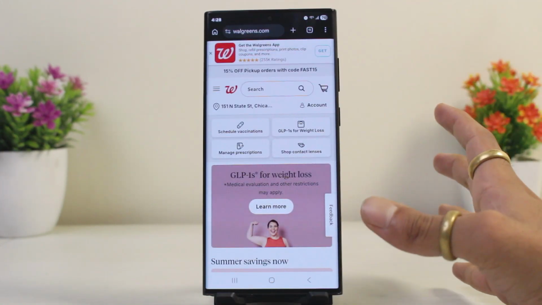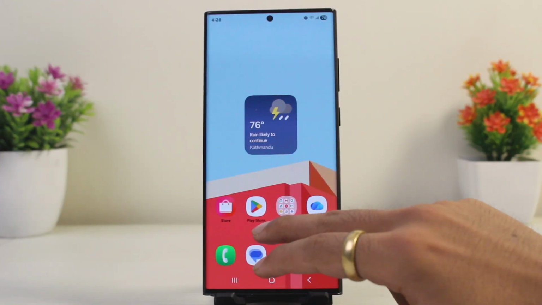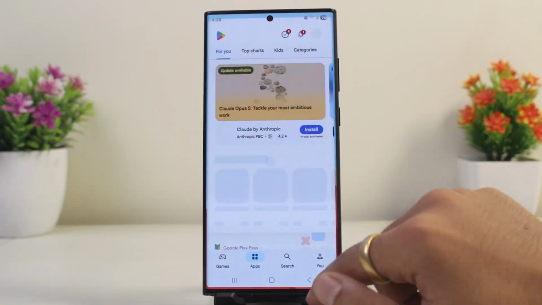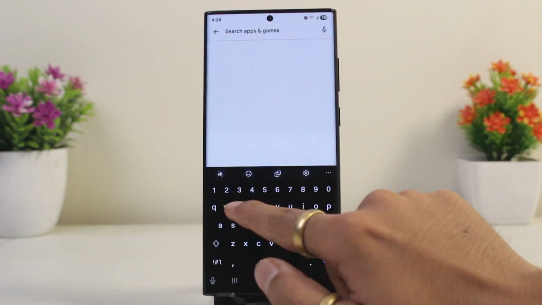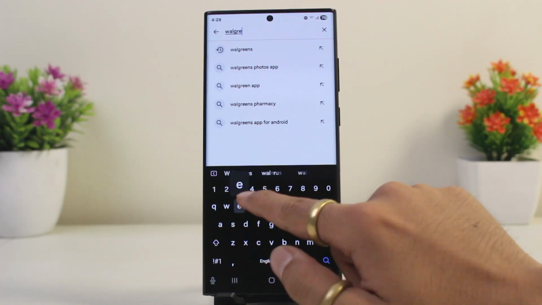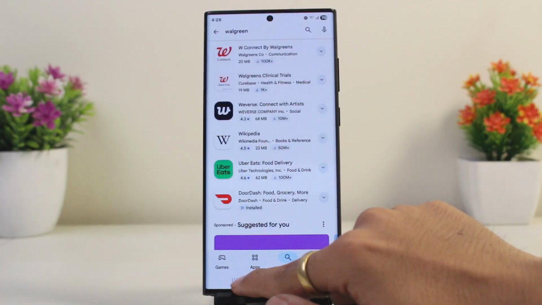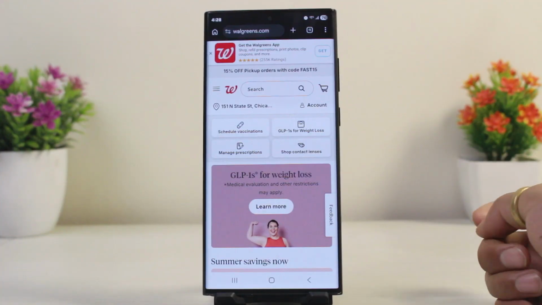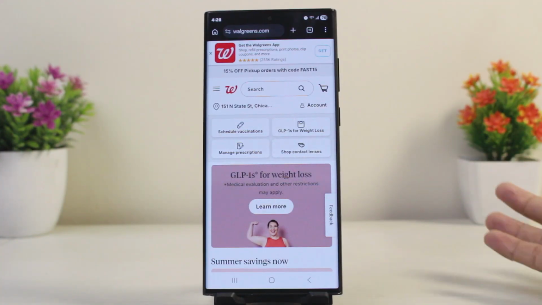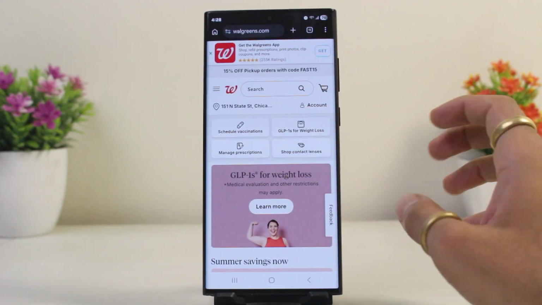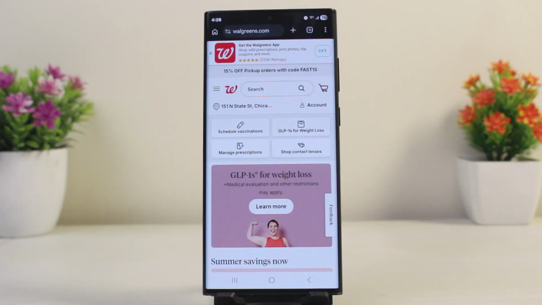Or alternatively, what you can also do is simply open your mobile device's app store, then search for Walgreens application and proceed to install it onto your device. Once you install it, you simply have to launch the application. From there, you should be able to bypass all these options within the Walgreens website, and you can simply try to create an account from the